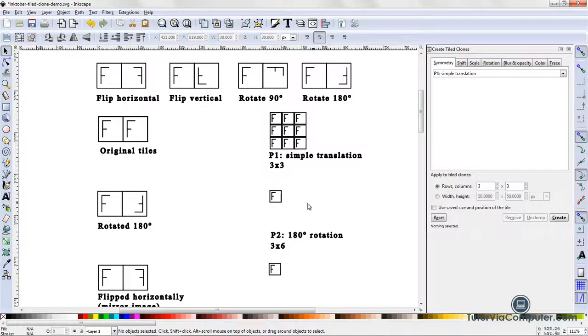I'm going to come down here and take a look at this. If we select P2, 180 degree rotation, and our first tile is positioned this way, Inkscape will rotate the second tile 180 degrees and then repeat that pattern across columns and rows. Let's give it a try. So I'm going to select this tile. I want 3 rows and 6 columns. I'll click create,